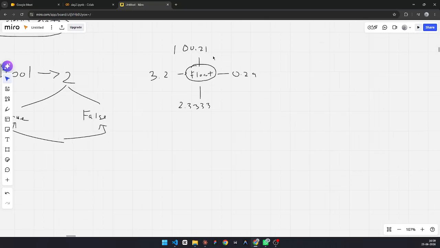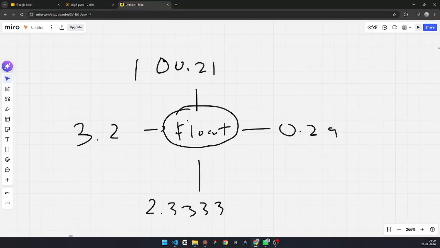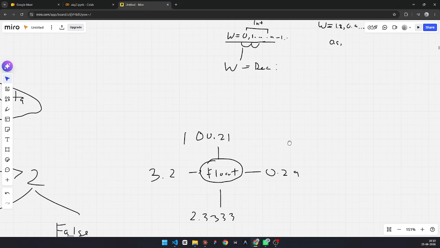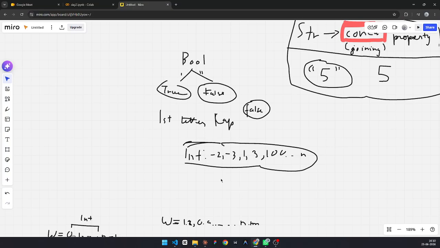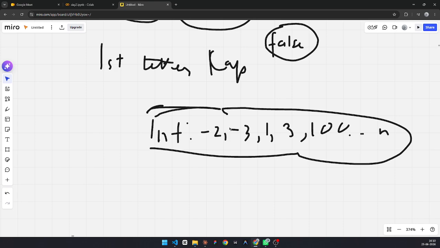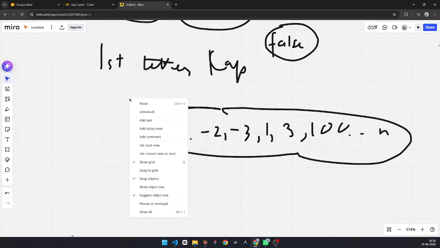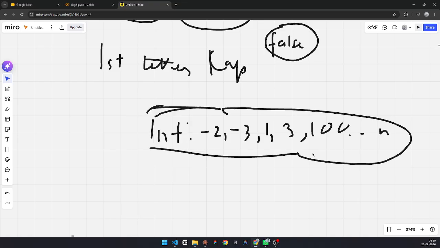Yesterday I also explained float. Float is nothing but numerical values which have a mathematical function, and they are decimals. That's it. The simplest definition of float is that they are decimals and they have a numeric and mathematical value and property. And integers are nothing but numbers which do not contain decimal points but can be used for mathematical functions. Always remember that floats and integers shouldn't be kept in inverted commas.